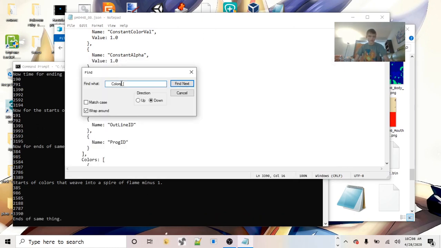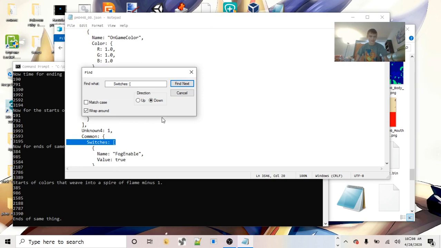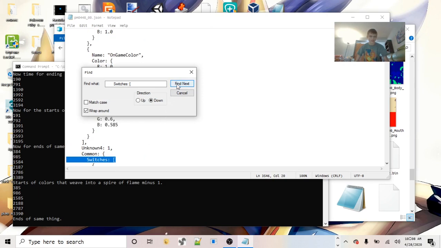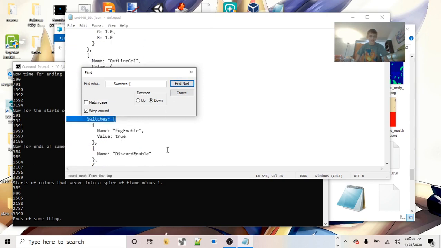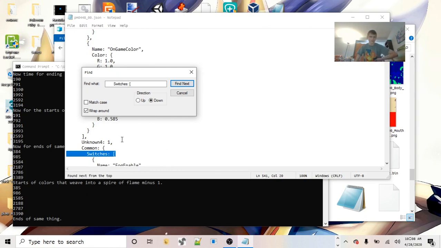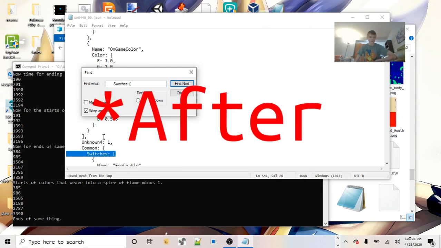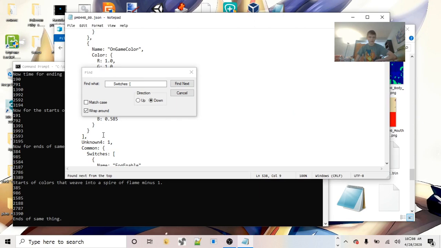And now you should search for what you should search for now. Remember I said there are two sets of switches in the file. The second set of switches has extra spaces and is what comes shortly before the colors that weave into a spire of flame.